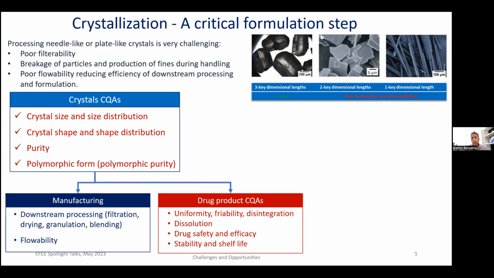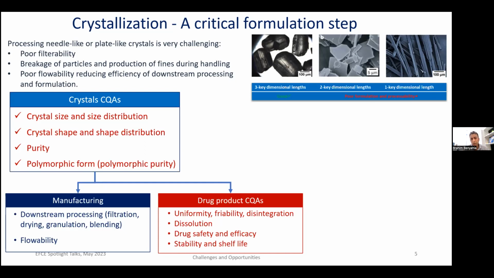We know that plate-like or needle-like crystals do not flow quite well, and it's really hard to filter these particles. So we need to get them as close to a sphere as possible. We are talking usually about aspect ratio. We need to get the aspect ratio as small as possible. Most importantly, all these properties, which are referred to as critical quality